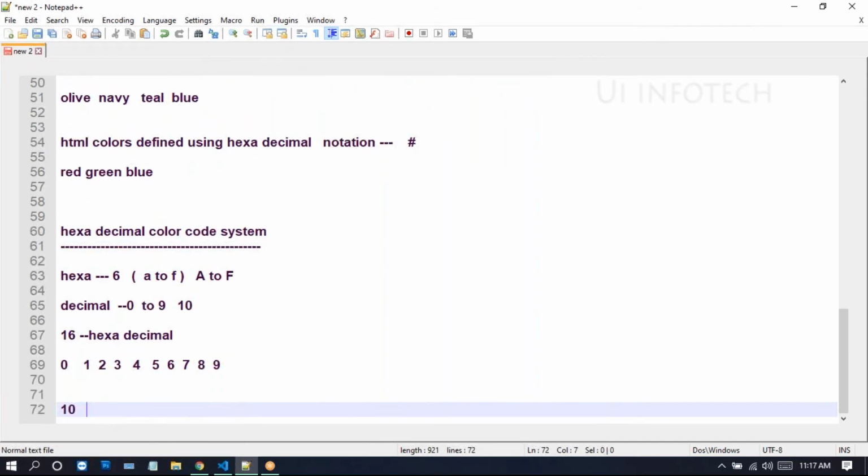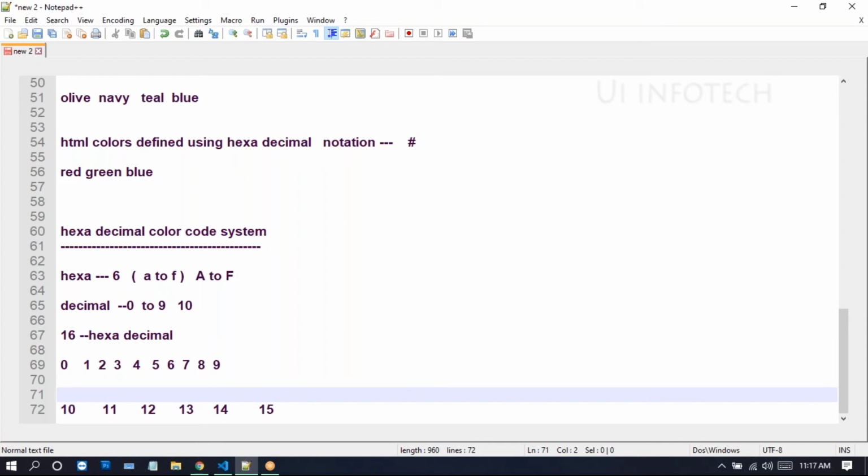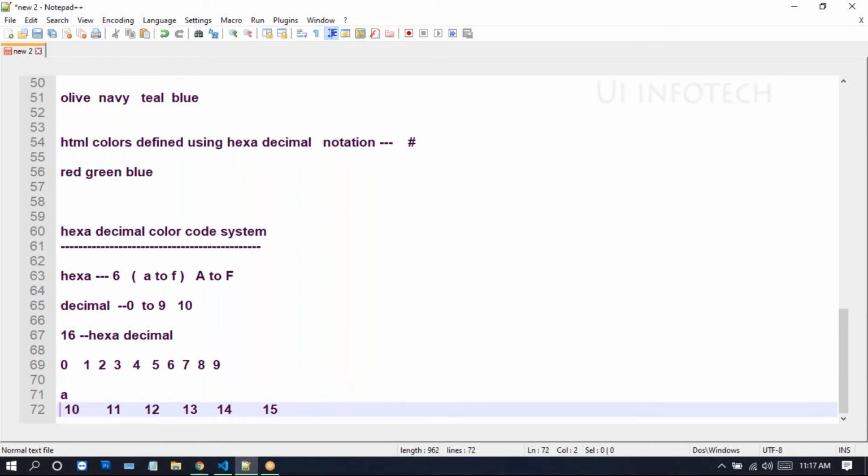From 10 onwards, 10, 11, 12, 13, 14, 15.